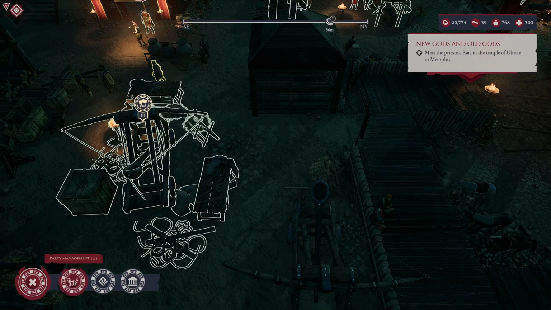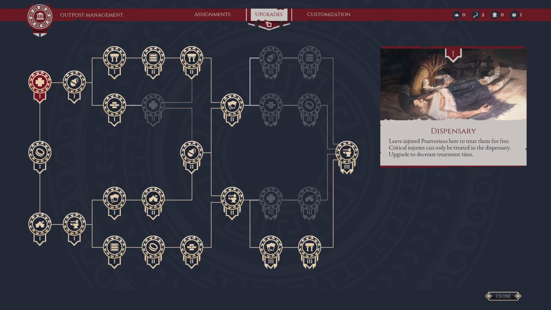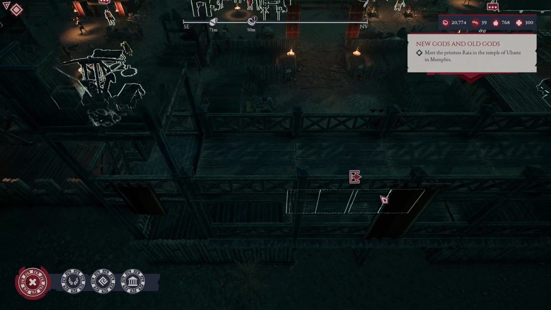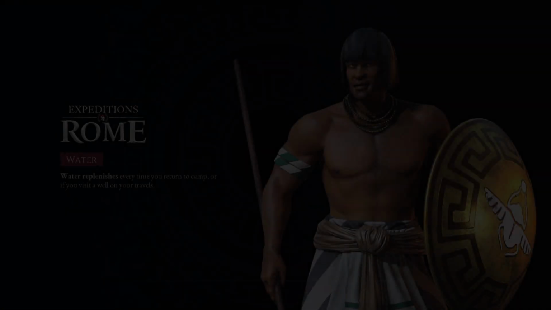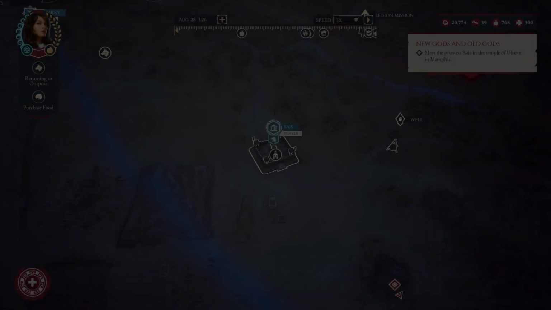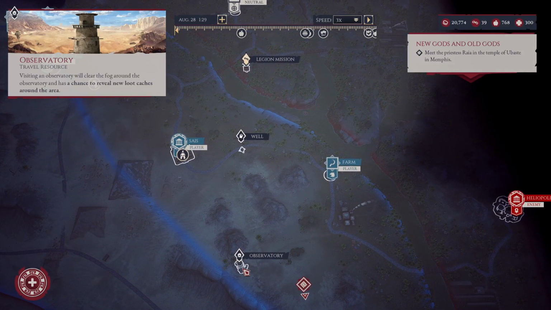Alright, now let's make sure that I have people working on these things. Yeah, I do. Okay. Don't need anyone in the foundry right now. Can't do any upgrades. We're fine there. Okay. Let's go visit Raia. Alright, off to Memphis we go. So a little bit of time did end up passing because of all those things. And now I do want to visit